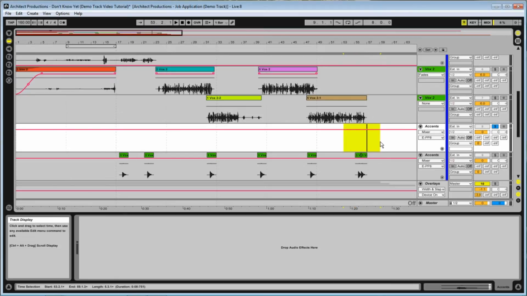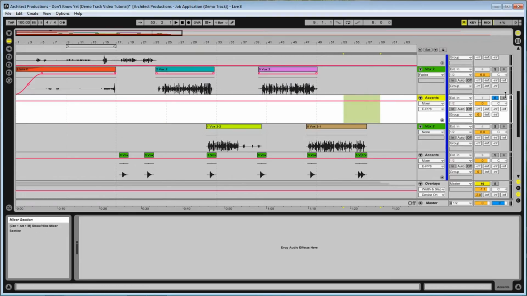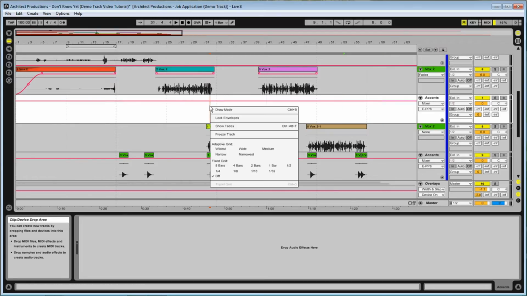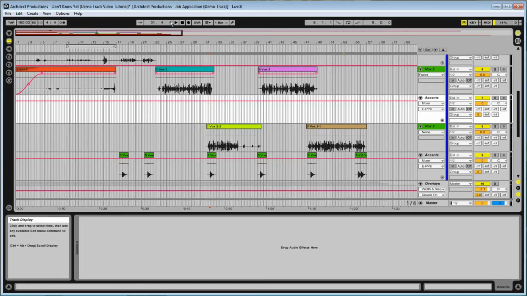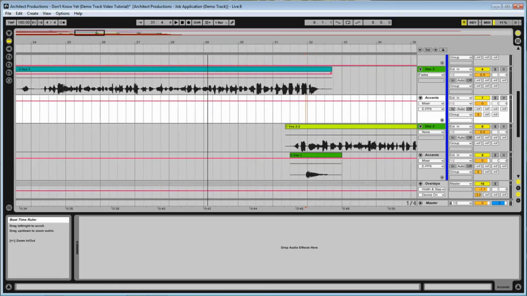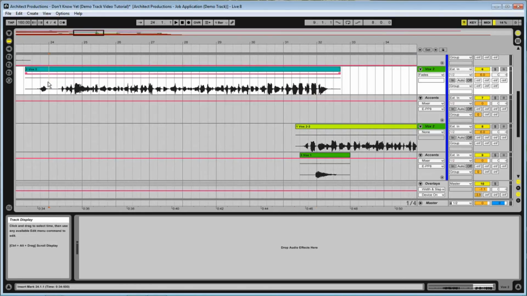Get rid of all this stuff. And then if you left click and hold, you can drag this up. So now you have another ping pong 8 channel that you can add things to. So if we go to like a quarter bar, we should be better. If we were to listen to this,